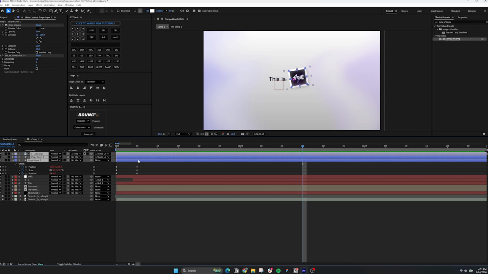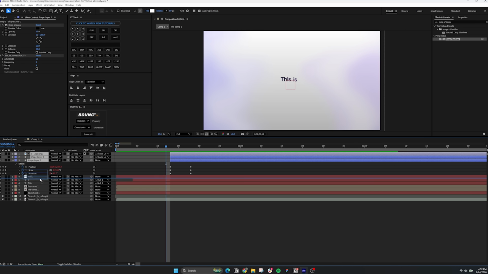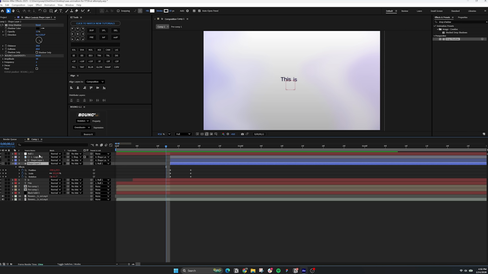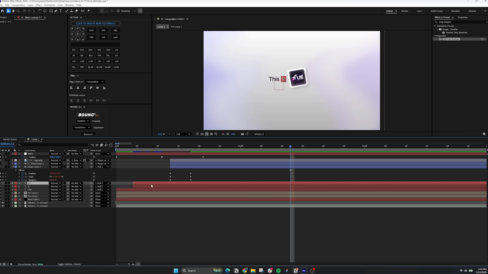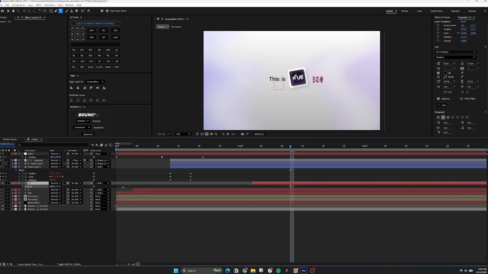Move the layers where the animation should start, drag the layers below the null object and parent this shape layer to the null object, go to the last keyframe and adjust the position like so, and now duplicate this text layer, move the layer over to here, change the text to 2.0, move it to the right, and change the